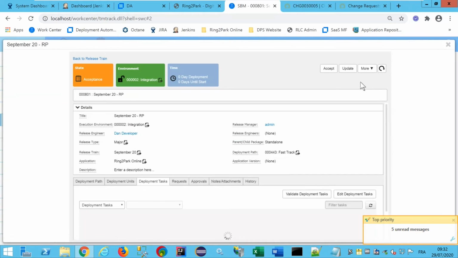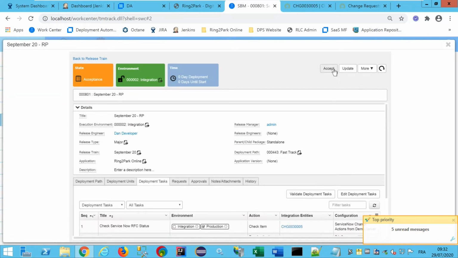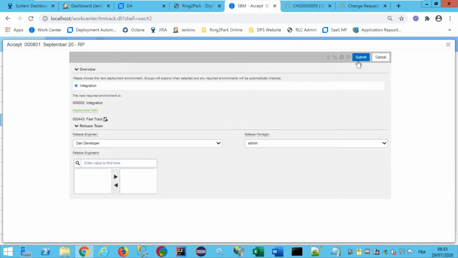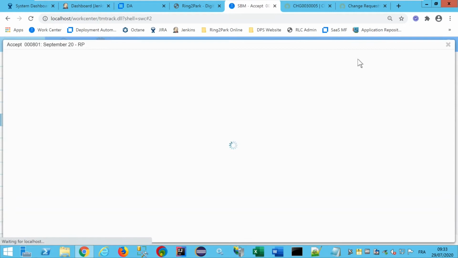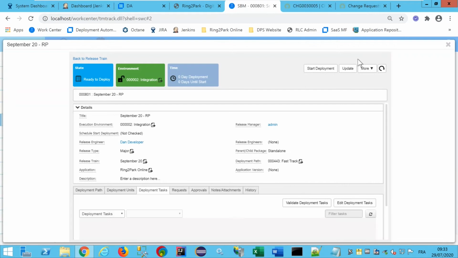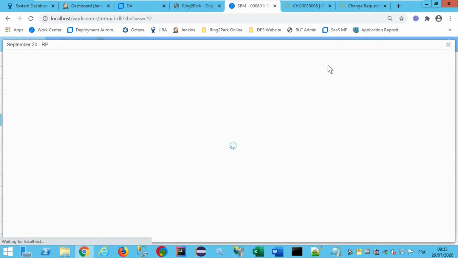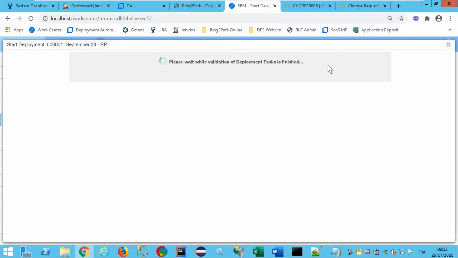To deploy a release package, we just need to say, okay, the scope of this release package is okay. So I can move to the next step, which is the deployment of this release package. For sure, it can be different: it will be a different persona who accepts the scope of the release package and who deploys it. That's why there are two steps here. The first one is to accept the release package, and the next one is to start the deployment. So let's kick off the deployment.